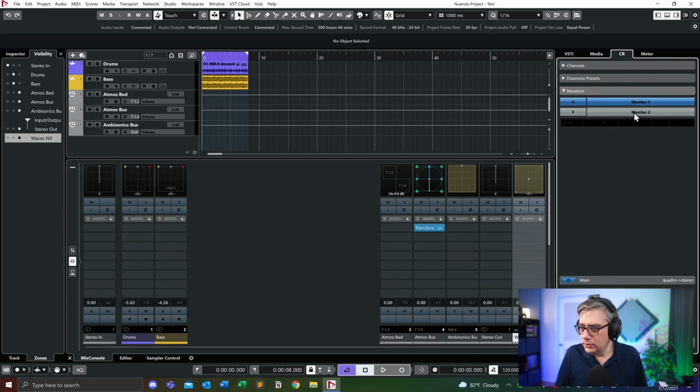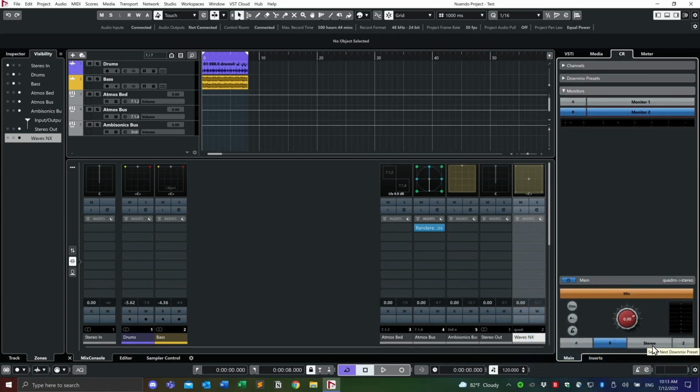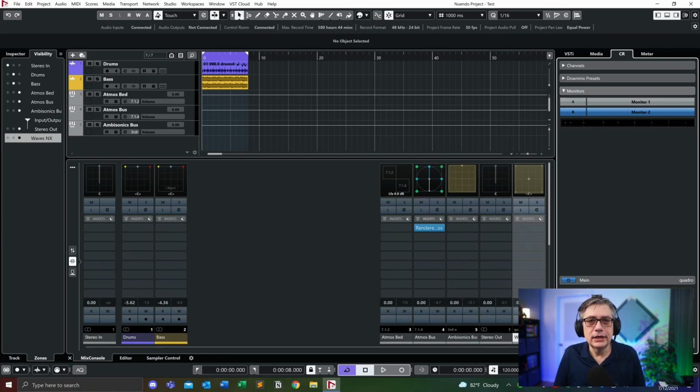So let me go back here. Let's select the second monitor, and let's make sure that we have a quadraphonic signal. That is really important, because otherwise the system is going to downmix, and because we have disabled the panning, it's not going to sound correctly. But if we have the quadraphonic signal, and we're currently only taking the first two channels, those are going to